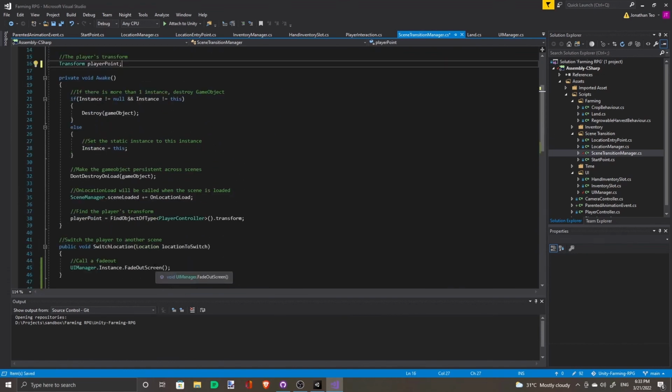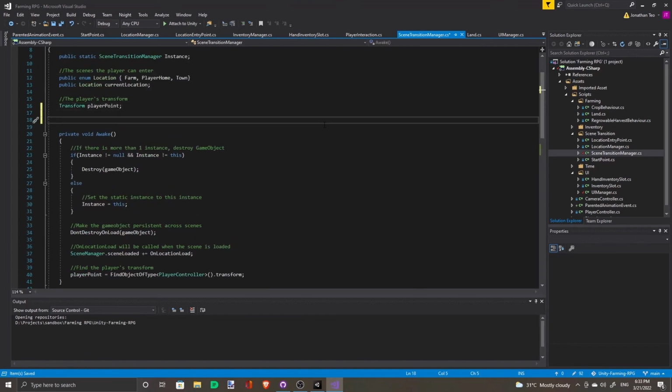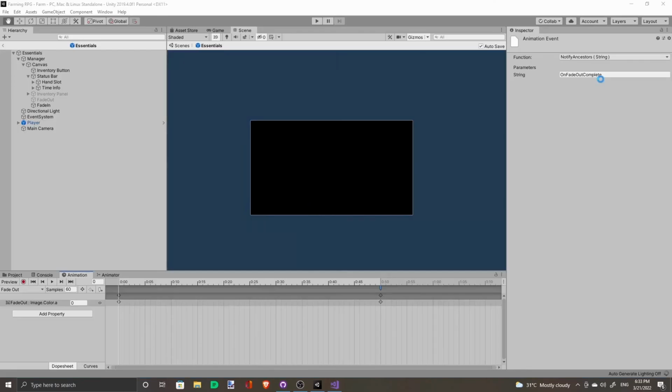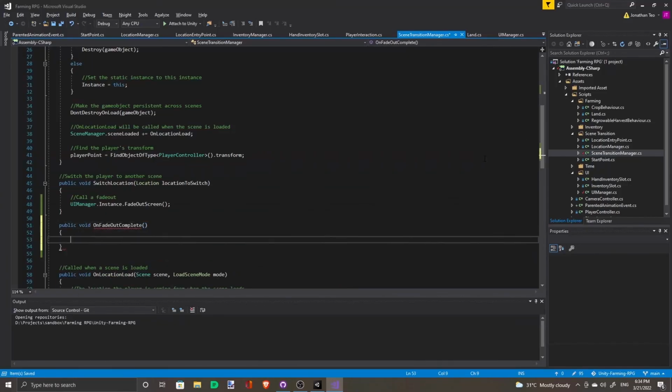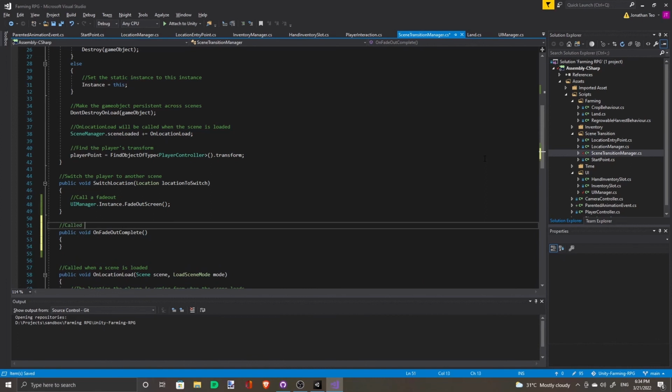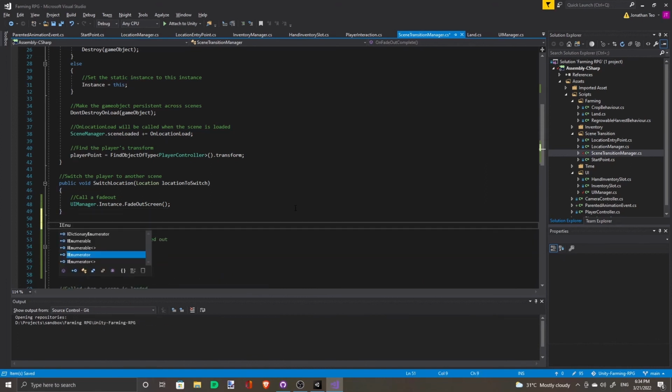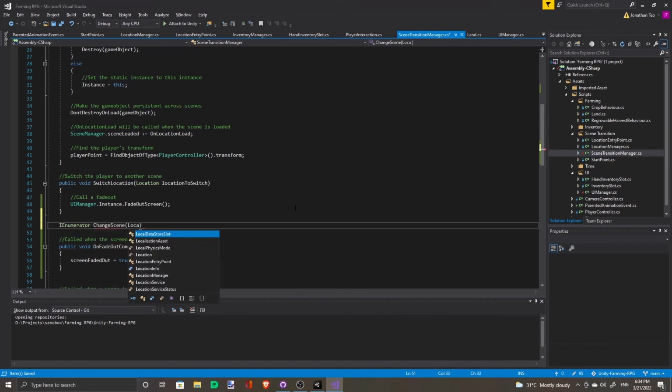So we call a fade out of the screen. And then we have a boolean called screen fade out. And then we'll call the onFadeOutComplete, and we'll use a coroutine.